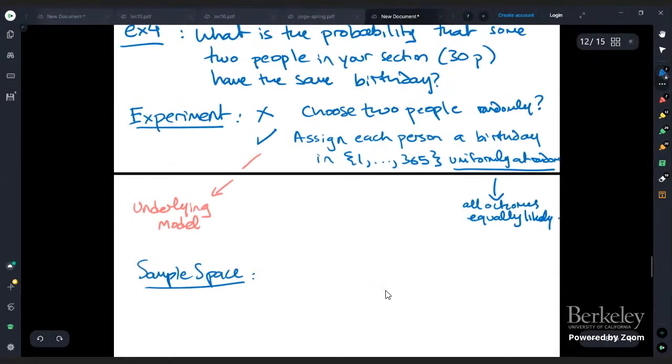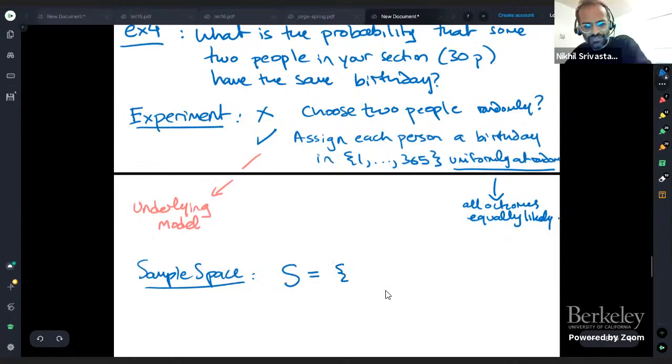Would it be like all 365 birthdays that you assign the 30 people, correct? Yeah, so one way to think about it is it's the set of all birthdays raised to the 30, because for each person, you get to choose a birthday. So it's an assignment of birthdays to people, right? So this is